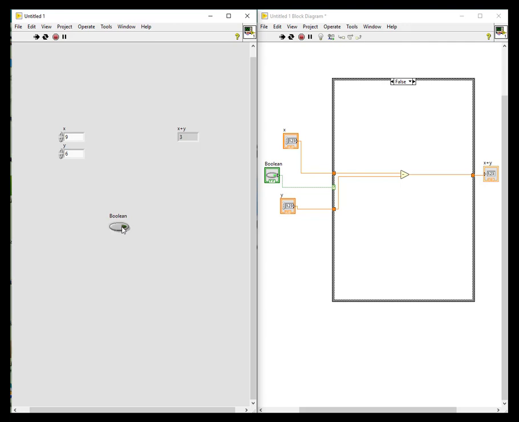That means if my condition is true, then it is adding it. If my condition is false, then it is subtract. So here comes our if loop. Now done with the if loop.